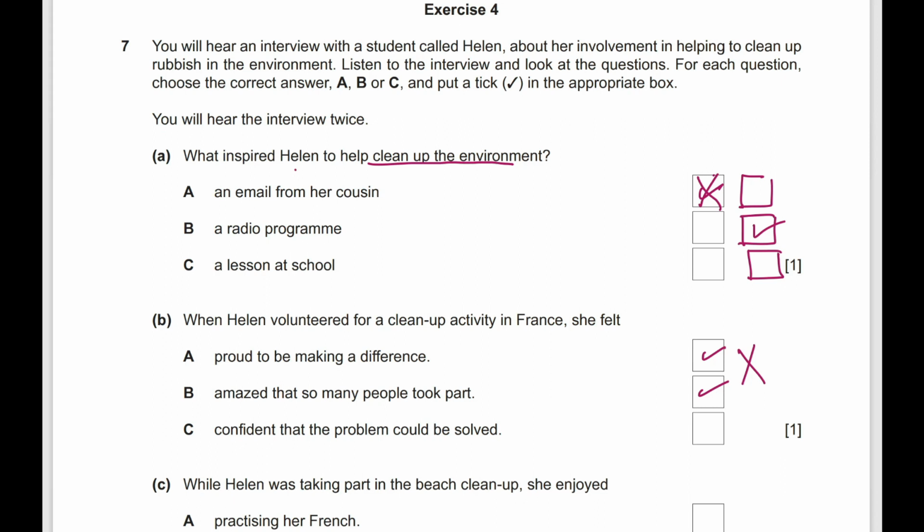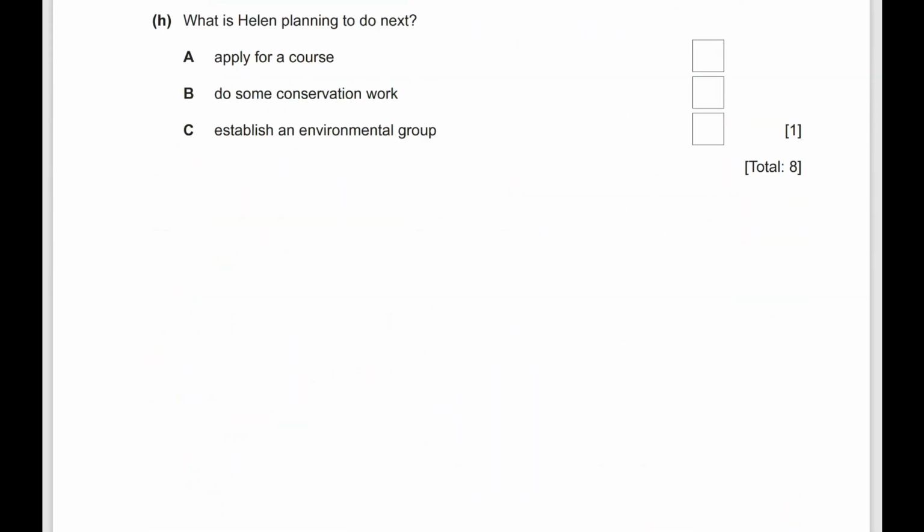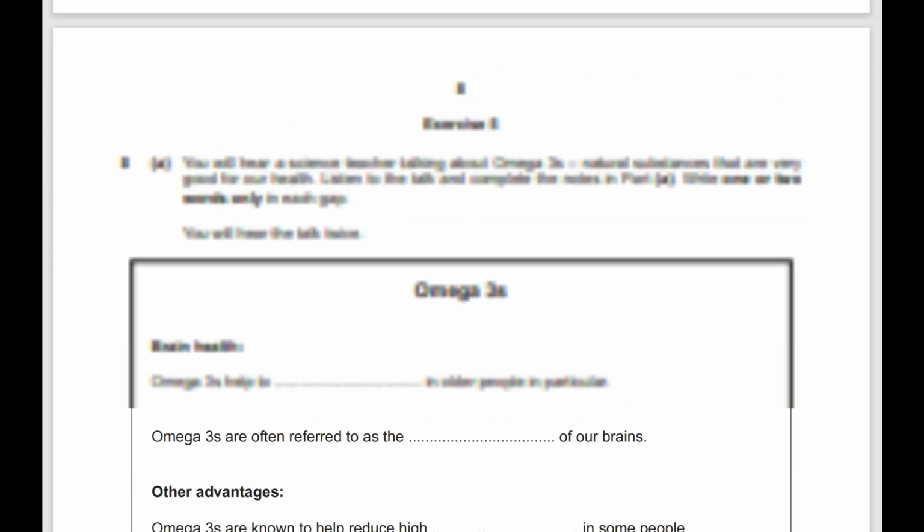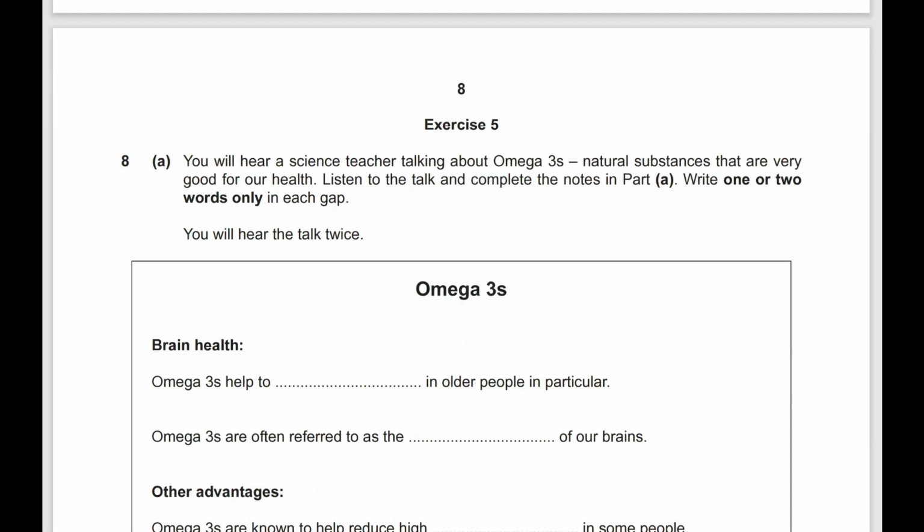The last thing is, don't write more than 2 words in any one blank in exercise number 5. Look at this one. Don't write more than 2 words in exercise number 5. احنا عرفناها بقى خلاص بقى مستر. And I say 1 or 2 words only. We said that before, whether it's questions part A or part B. Okay?